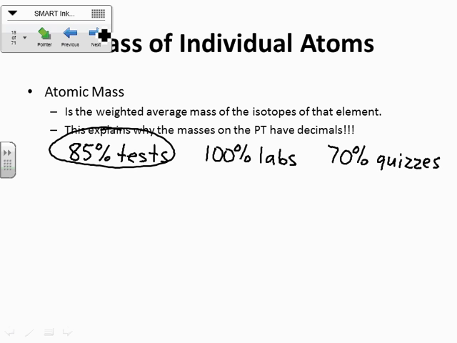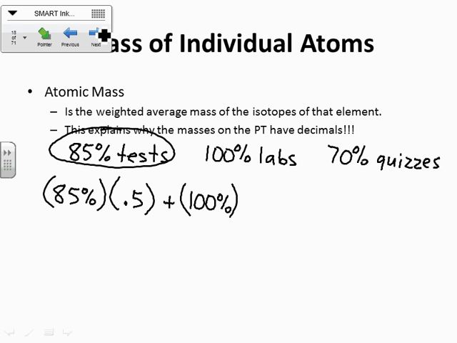So the way I would figure this out, I basically take 85% and I multiply that by the weight that I give it. The weight that I'm giving it is 50%, but I'm going to change that to a decimal, so I'm going to change that to 0.5. Then I'm going to add that to your lab percentage. Now this is weird. You probably have never calculated an average this way before, but this is another way to calculate an average. So then I would add that to the 100% that you got on your labs,